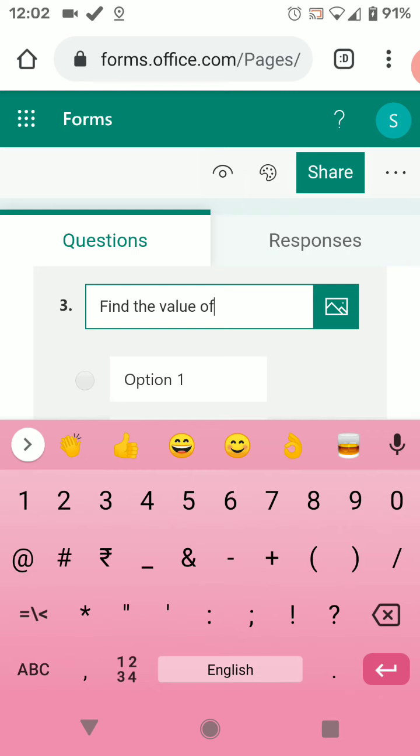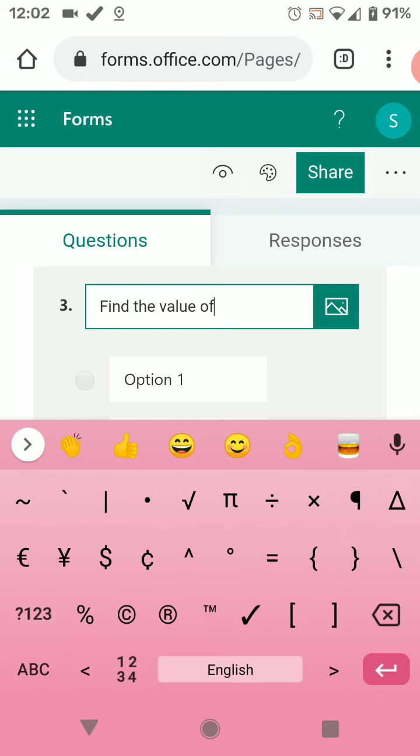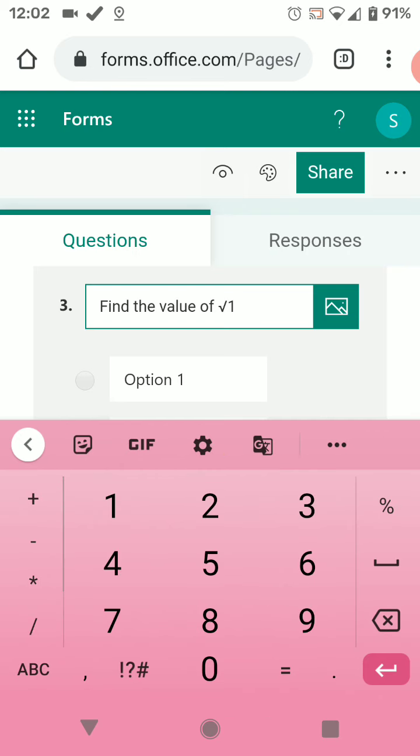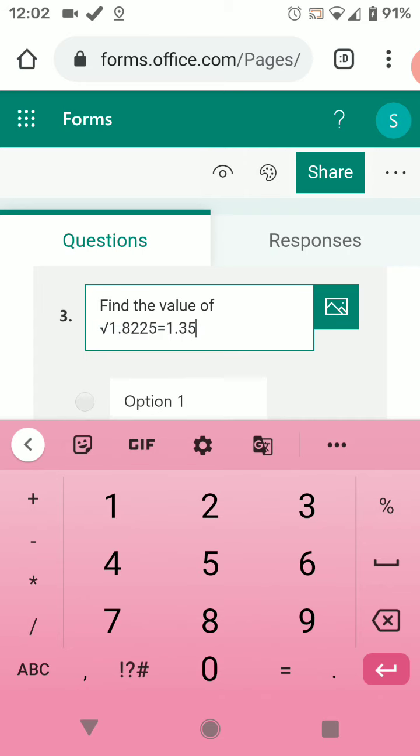For example, I want to write, find the value of root 1.8225 equals to 1.35, comma,